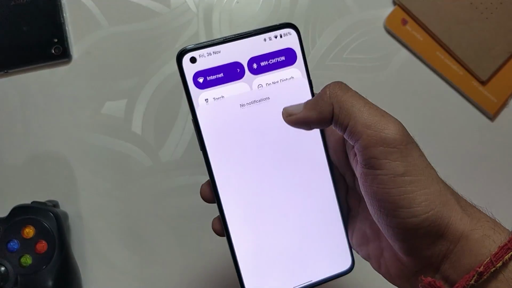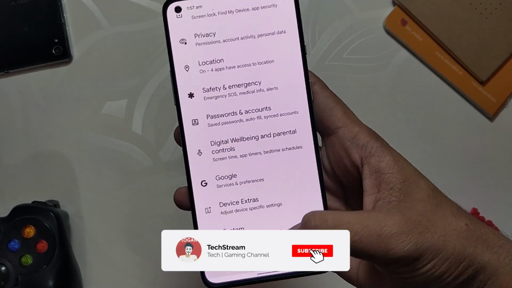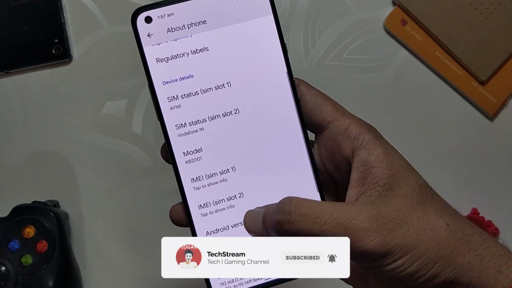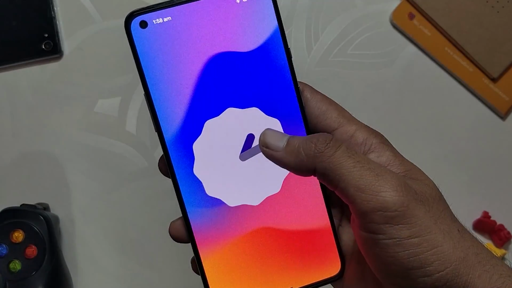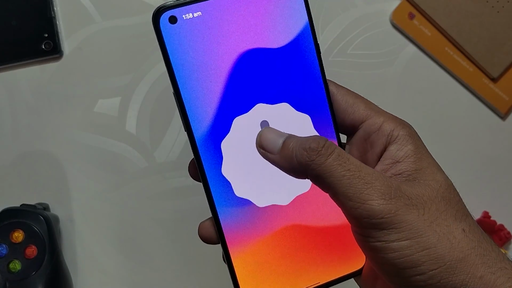Google has finally started rolling out Android 12 for the Pixel devices, and I have been using an Android 12 custom ROM on my OnePlus 8T for the last few days. So I am going to share some hidden new features that I have found on Android 12 and they will make your overall experience better.